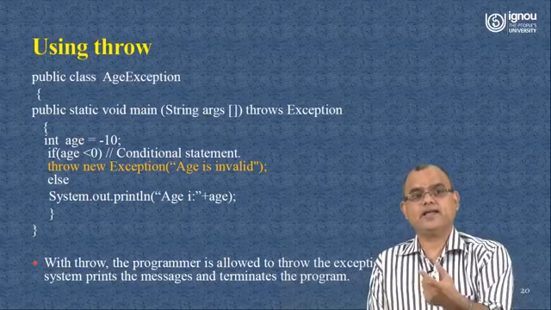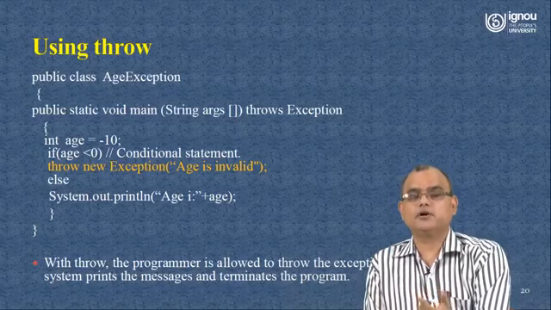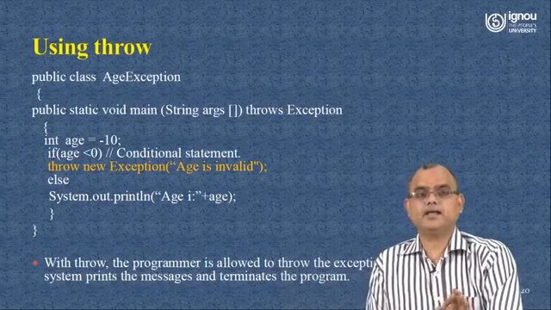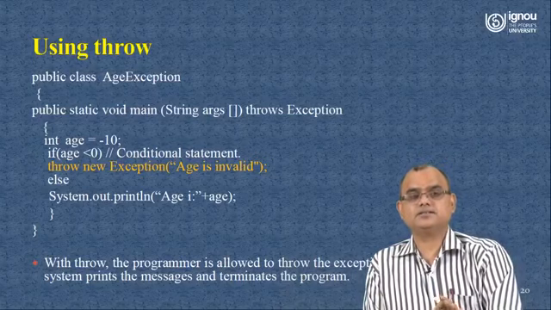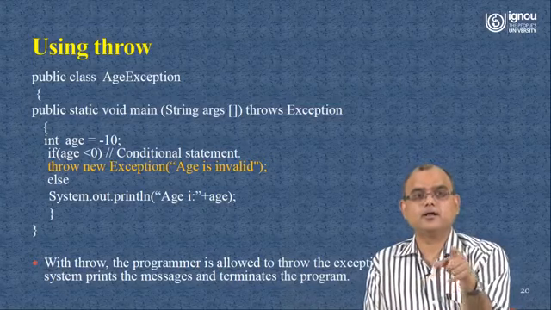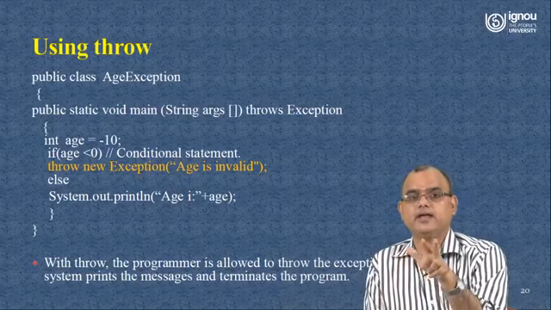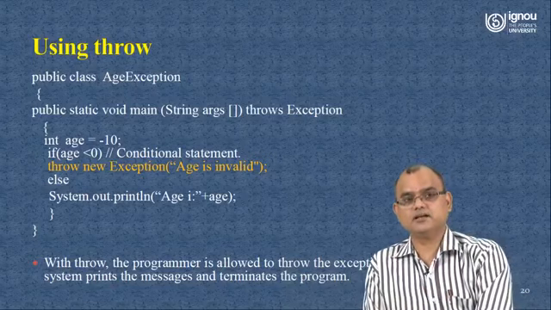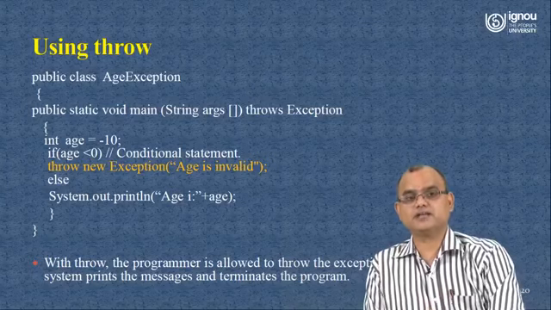Now you see in this particular program code, this code is trying to check whether the age variable, that is of integer type, has a positive or negative value stored in it. If the age is negative, it is going to throw one message that the age is negative. So here you can see that particular statement shown in a different color, throw new exception, and in that you have passed one string, age is invalid. So if this particular situation is arising, this message will be thrown from your system that this exception has occurred.